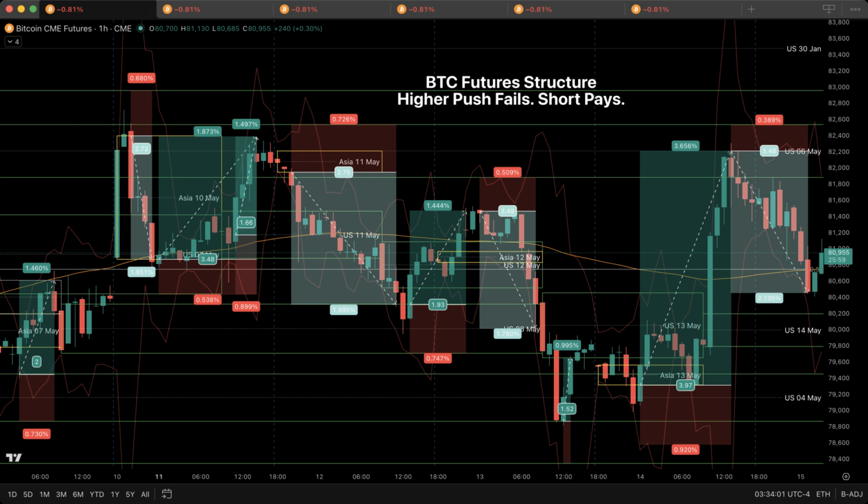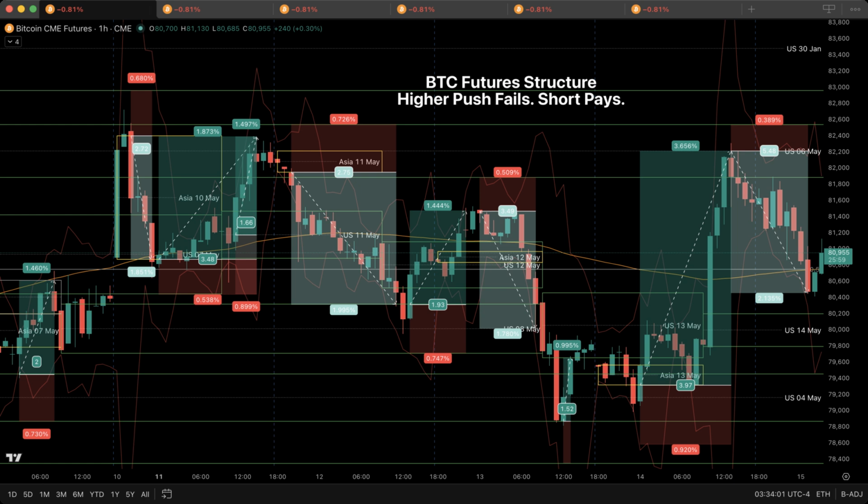May 14th U.S. session forms near the midpoint of May 13th U.S. session box. It forms with about 50% compression. It forms while overlapping prior memory again. That matters. Compression in the middle of active structure usually means one thing. The next expansion matters more than the opening shape. So again, do not chase early appearance. Wait for the market to reveal which side cannot hold.